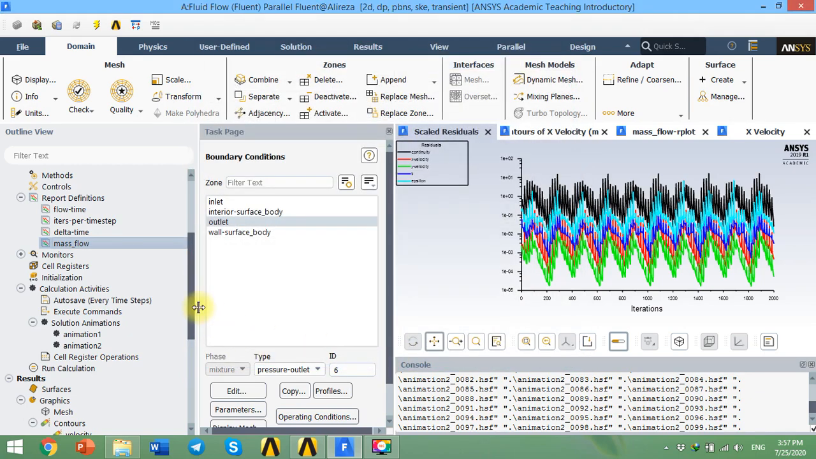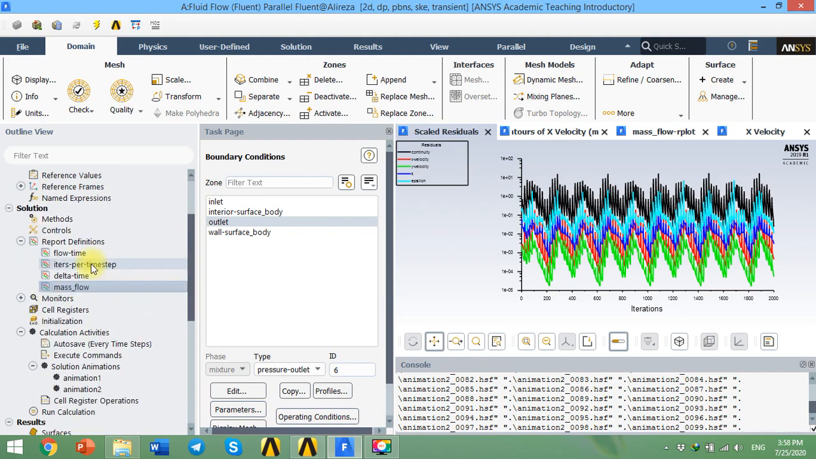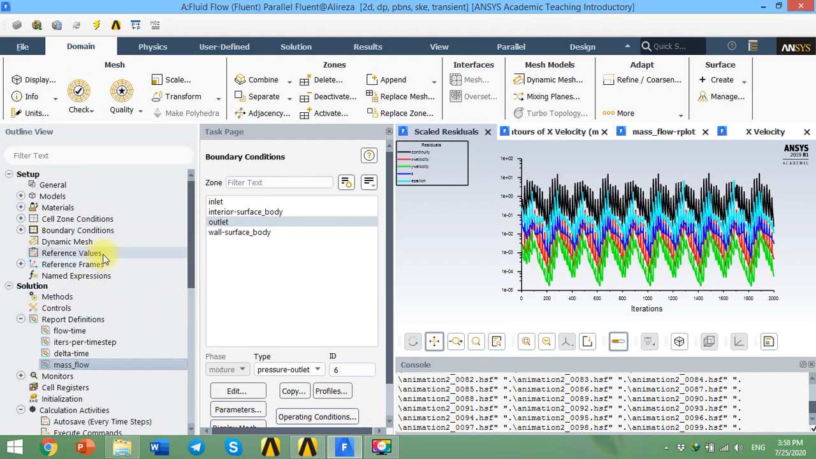So we are done with defining our outputs. So basically, we're gonna have 3 outputs from this simulation: velocity profile at the inlet, a contour of velocity, and also mass flow rate. I'm also interested in creating